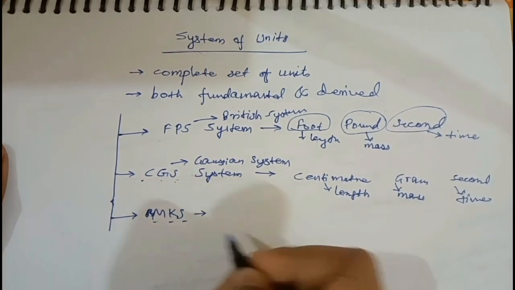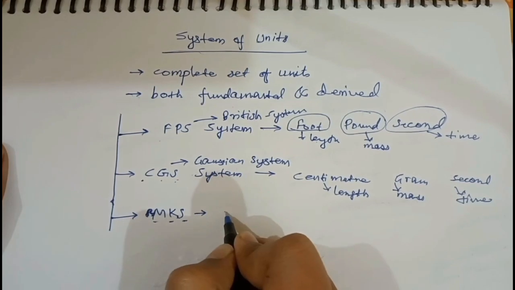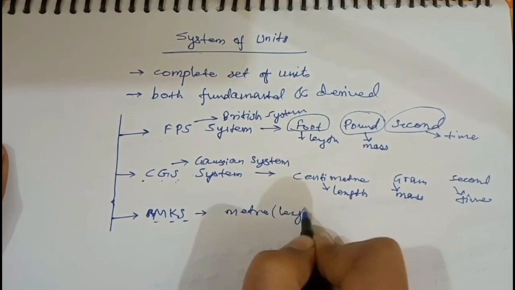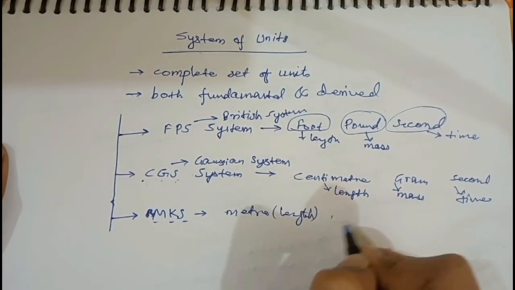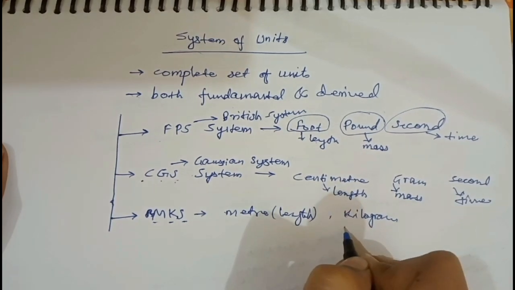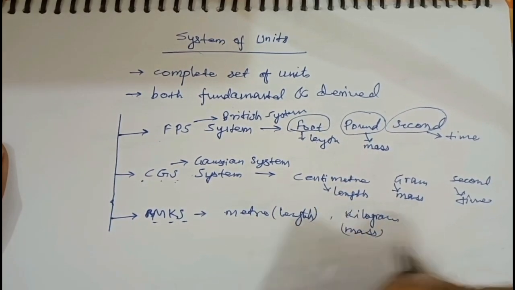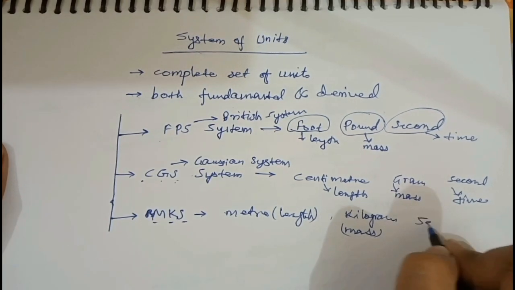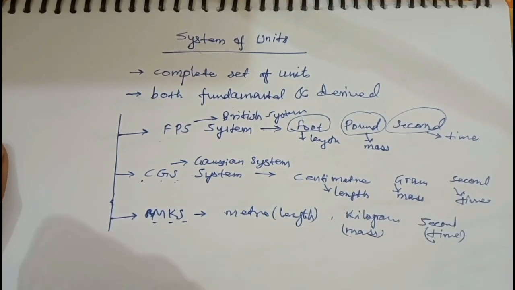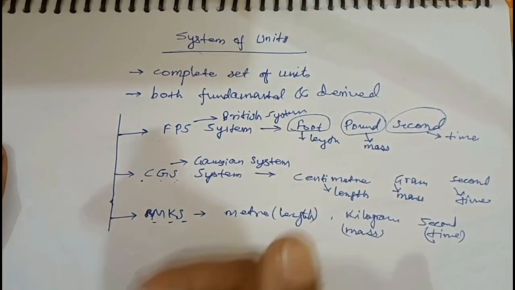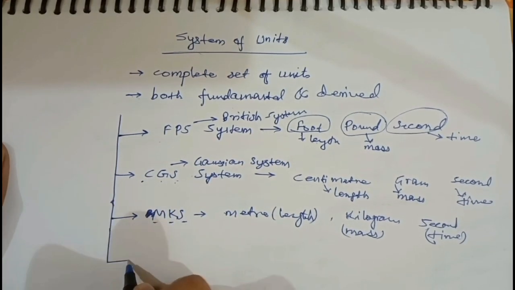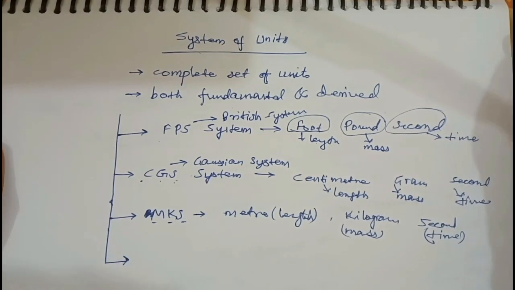Meter will measure length, kilogram will measure mass, and second will measure time. This is the MKS system. It is considerably followed, but today internationally we follow another system of units which is called